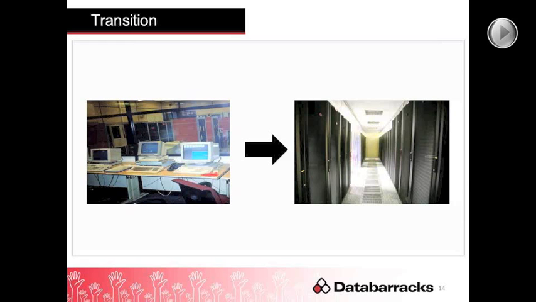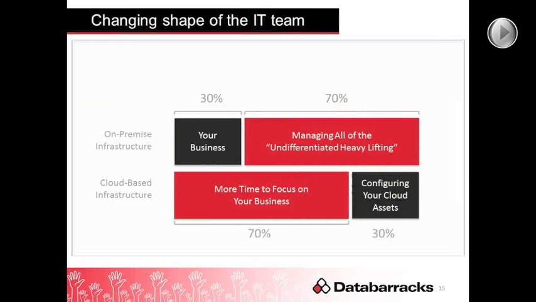Okay, so moving on to talk a little bit more about the operational side of the costs. It would be traditional to say that on-premise you would probably spend about 70% of your time looking after the infrastructure and 30% of the time trying to manage your business, whereas with cloud-based services you flip that and you'd have about 70% of your time doing business-orientated operations rather than looking after your assets. How do you think that the charities can deal with any issues that they may face from this change in